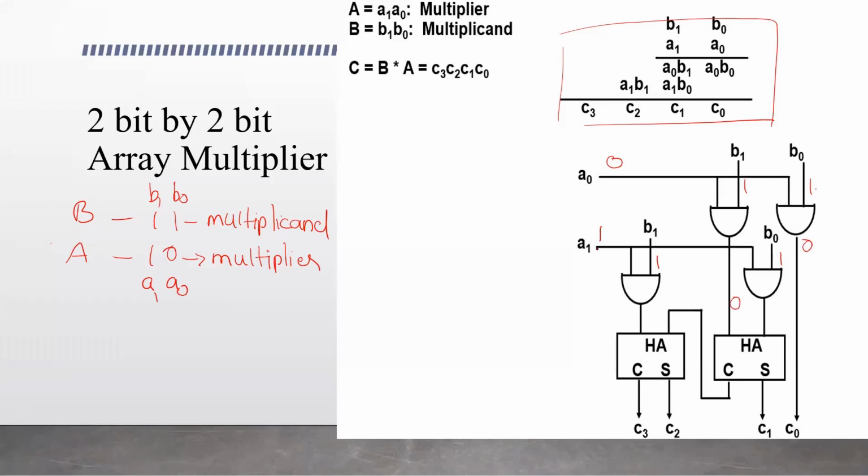And here, A1 is 1, so 1 and 1 makes it 1, and here again it is 1, and you will get this carry directly down. Here 1 and 0 are added. We are using a half adder here. When you add 1 and 0, you get 1, and the carry is 0. When you add 1 and 0, you get 1 again with the carry 0. So it is 0, 1, 1, 0.